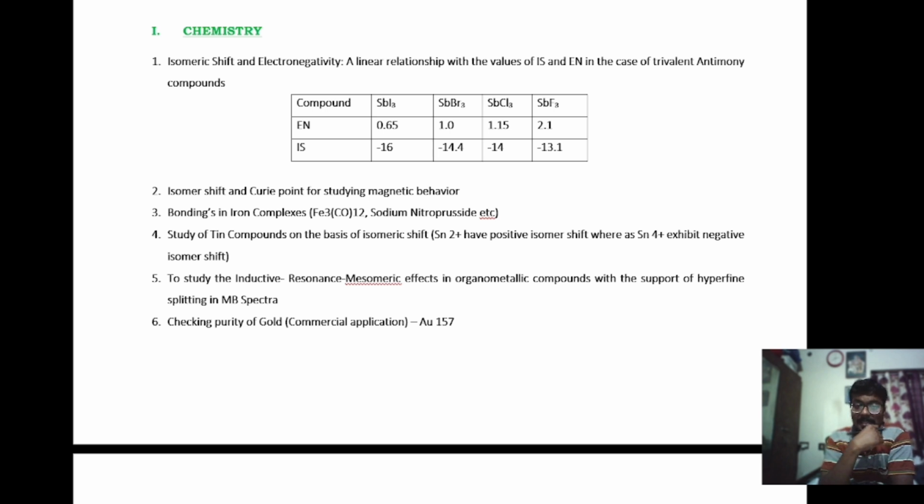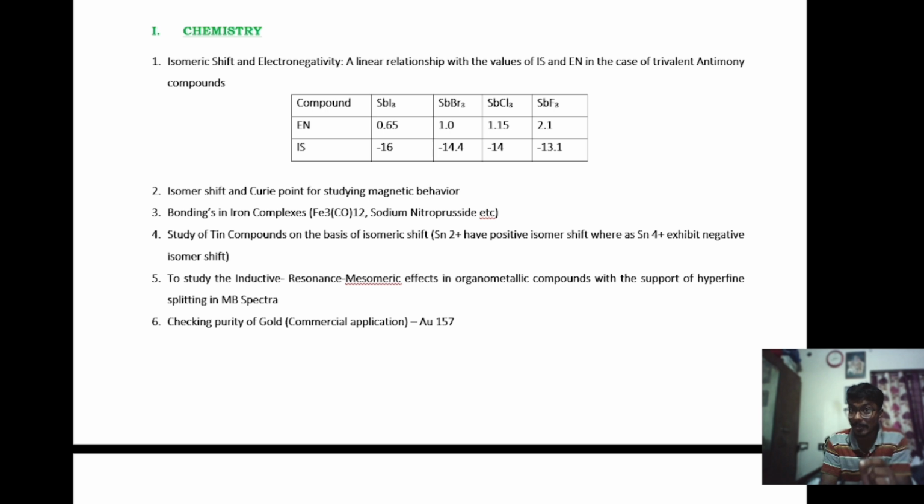The second application is isomer shift and Curie point in order to study magnetic behavior. Curie point, Curie temperature, is an important factor in understanding the magnetic properties of elements. What is Curie point? We will discuss the magnetic properties of chemical elements in a separate class. Curie point is nothing but a temperature below which a paramagnetic substance is converted into a ferromagnetic one, or the paramagnetic behavior changes to ferromagnetic. So this isomer shift value can be used to study the Curie point, and you should